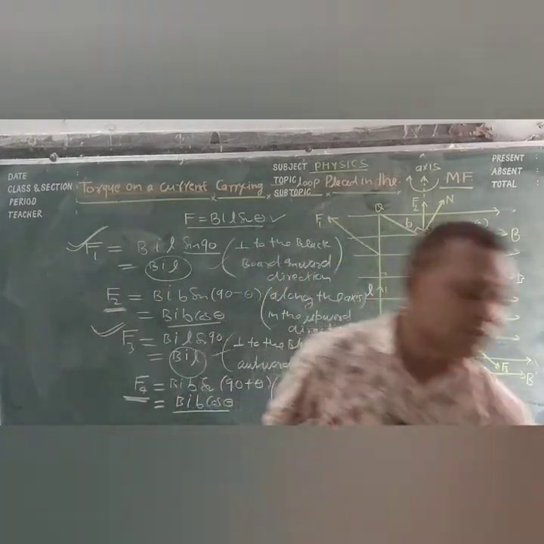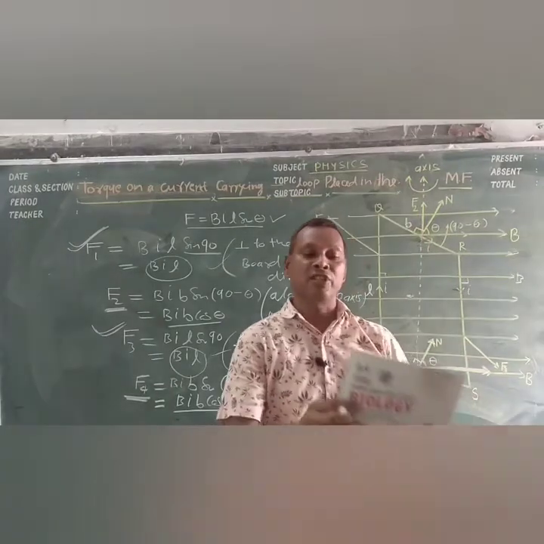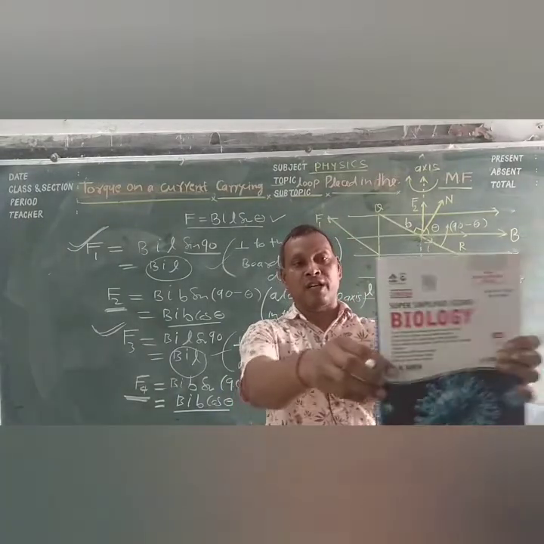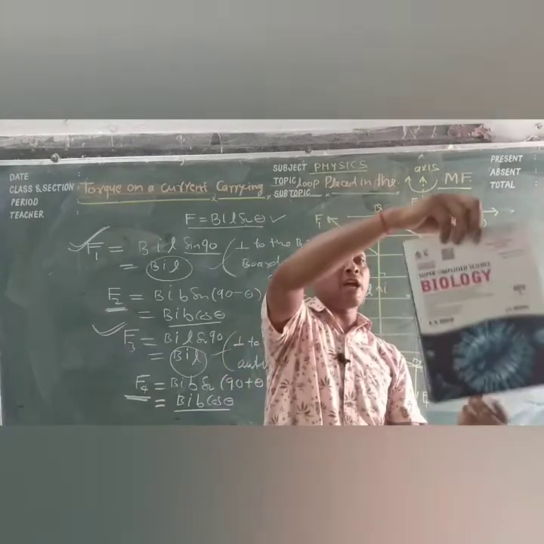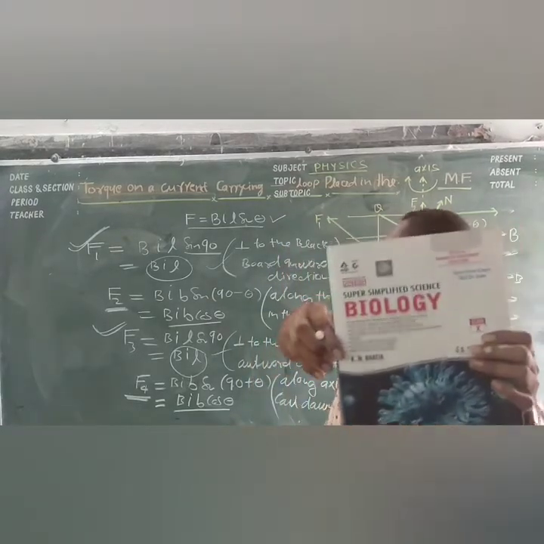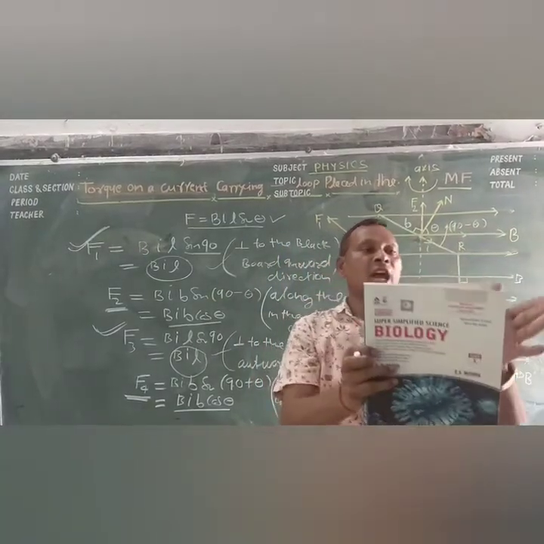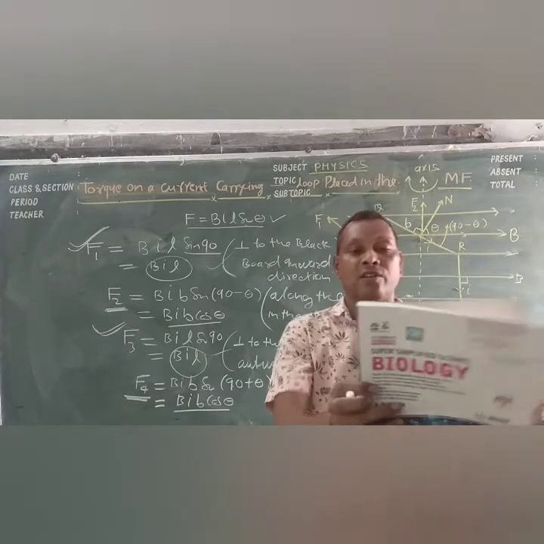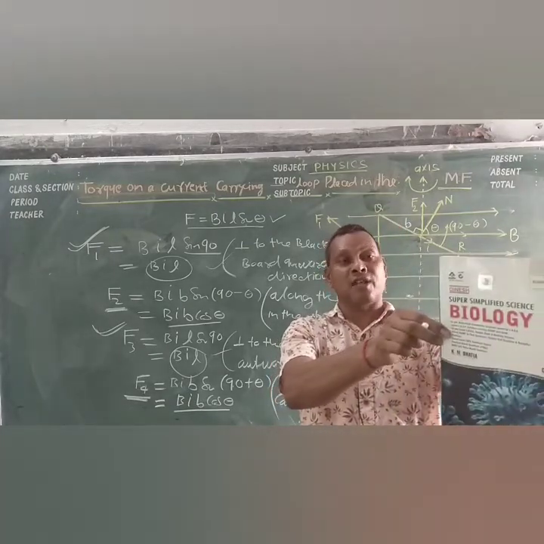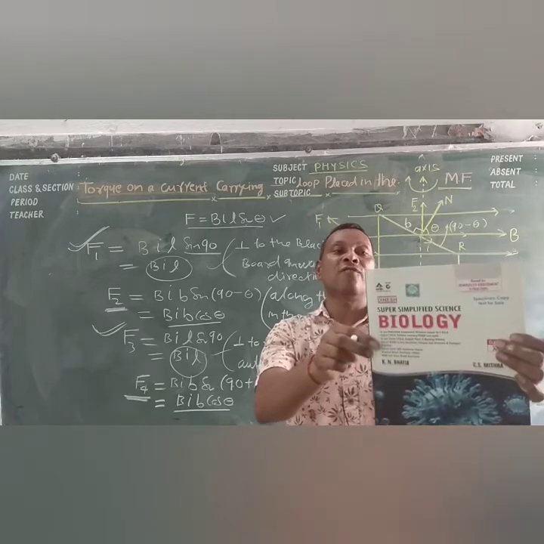So they cannot cancel out each other. This is inward direction, outward direction. So F2 and F4 cancel out, but F1 and F3 are equal, opposite but non-collinear, so they do not cancel out each other, and they form a couple